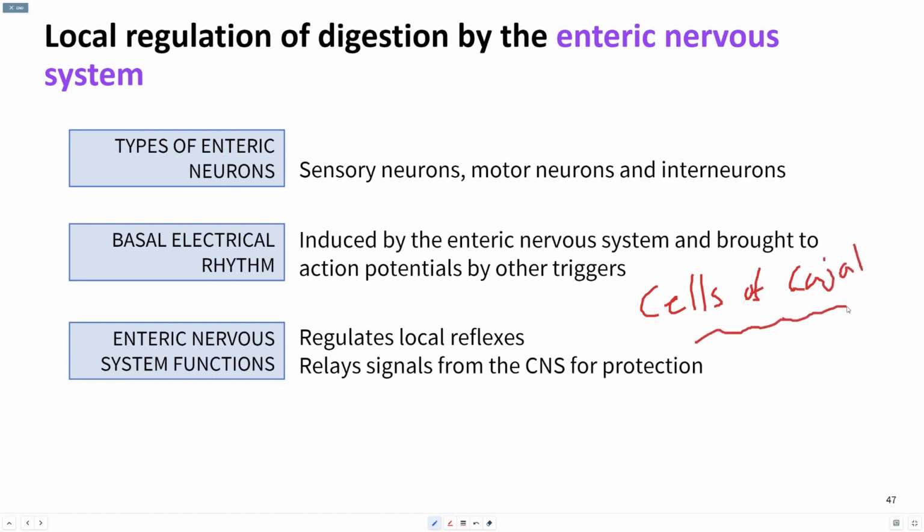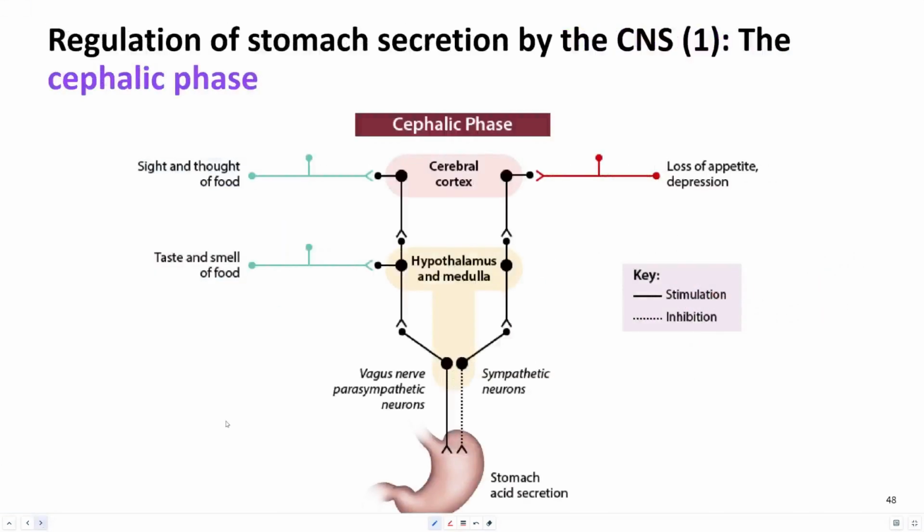The enteric nervous system regulates the local reflexes, and they relay signals from the CNS to keep it from any kind of damage. Let's start with the first one, the regulation of stomach secretions in the CNS by the cephalic phase. The cephalic phase involves a cephalic reflex, which is the thought, smell, sight, or taste of food that begins to initiate the increase of the contractile force and the secretion of the juices in the stomach, as well as contractions